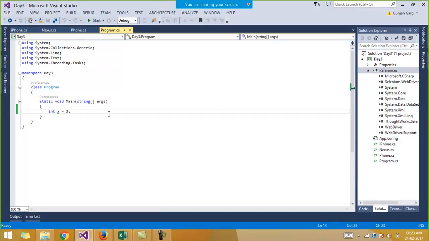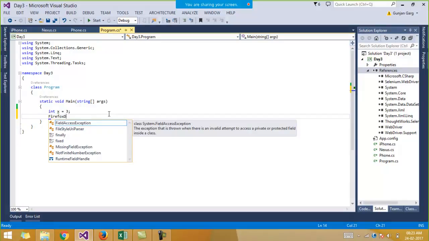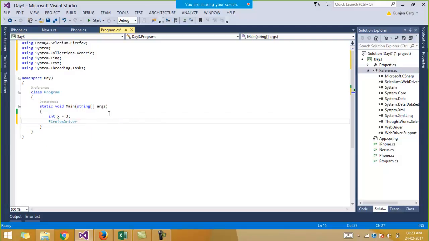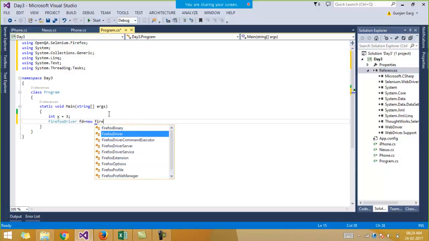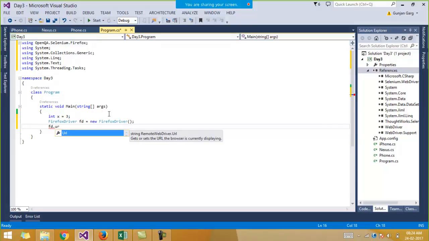And now if we try to open the Firefox driver, then you simply call this Firefox driver class and create the object of this class. Okay, and then you open the Firefox driver. Now say suppose if you want to take it to a particular URL, then we have the URL functionality that comes with this Firefox driver class, right? And then you put the URL you want to go to, yahoo.com.